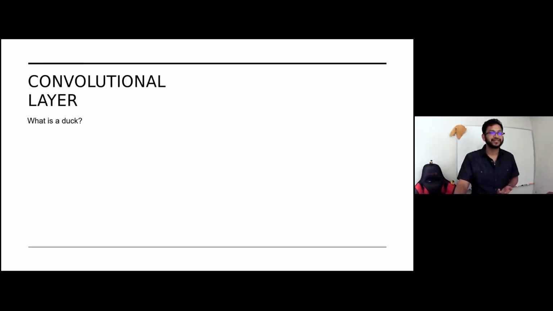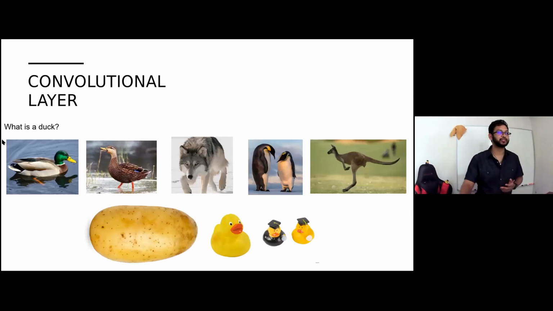Yeah. So if I were to show you a picture based on what we've said, this is a duck. This penguin is a duck. It has webbed feet and it has a beak, and it's next to water. This kangaroo might have a beak, kind of. These ducks down here sure have beaks and they're yellow, and they're ducks.